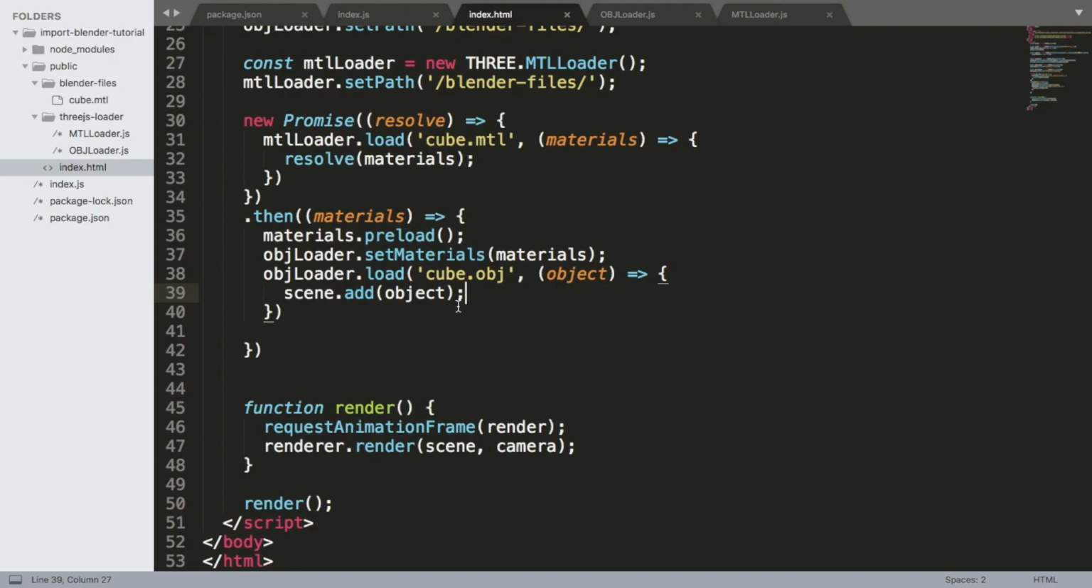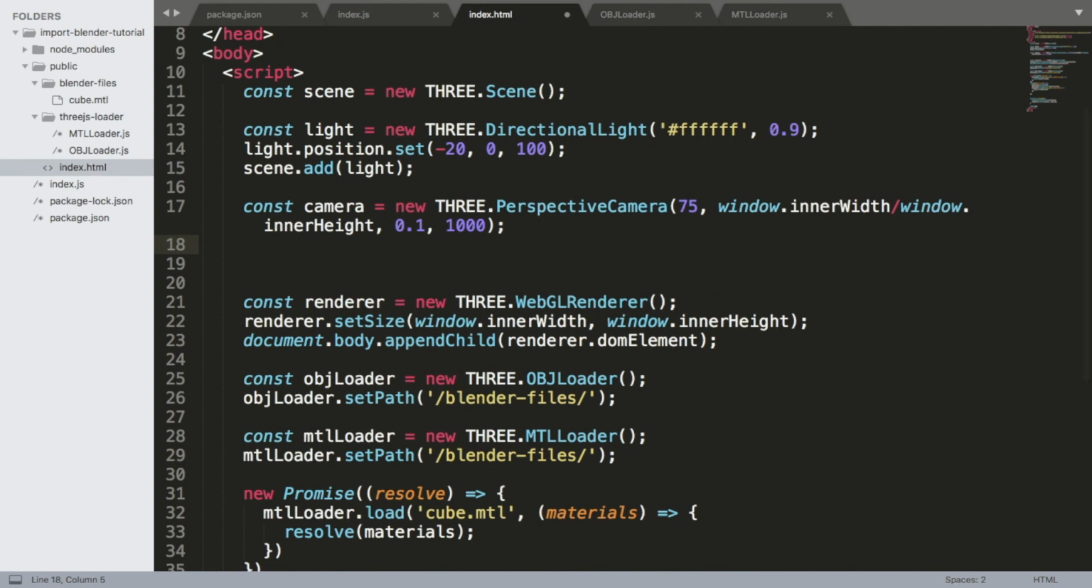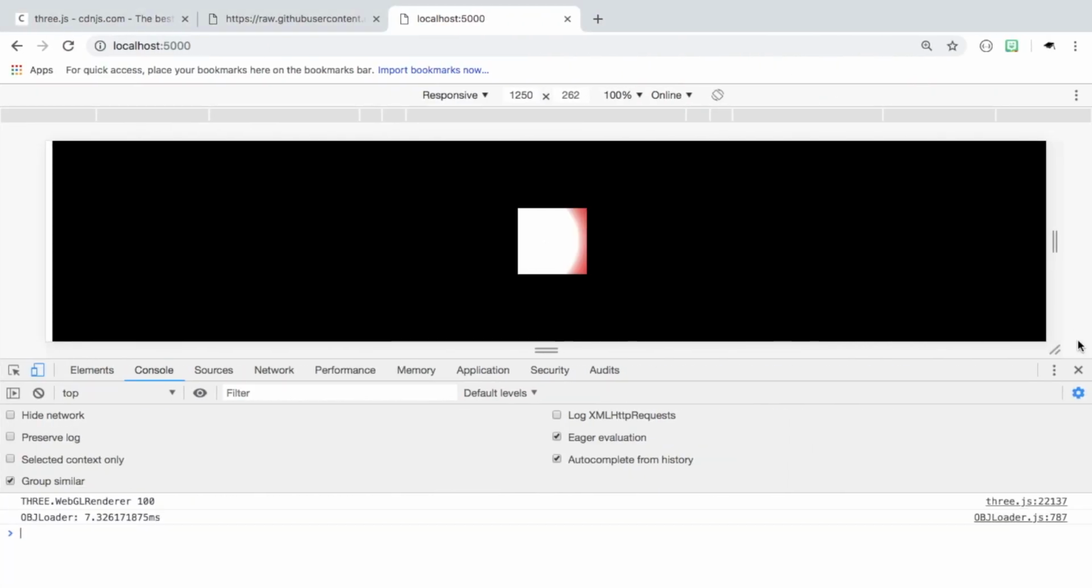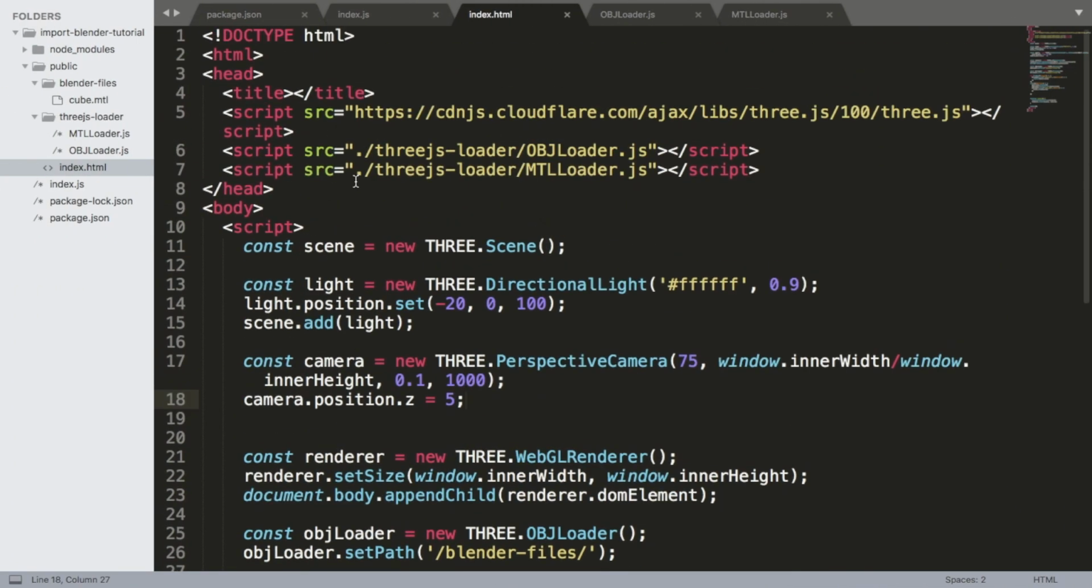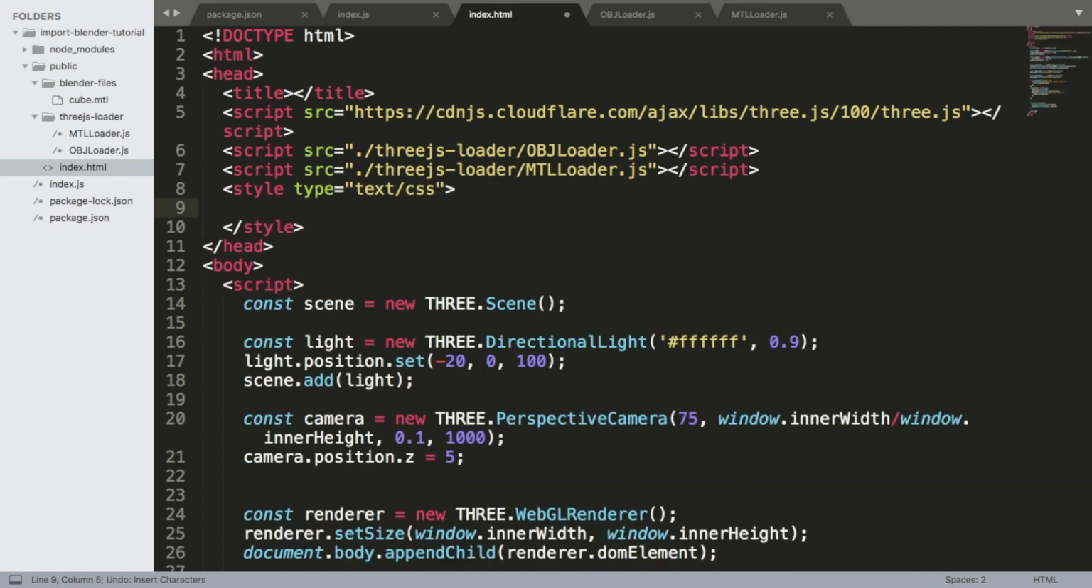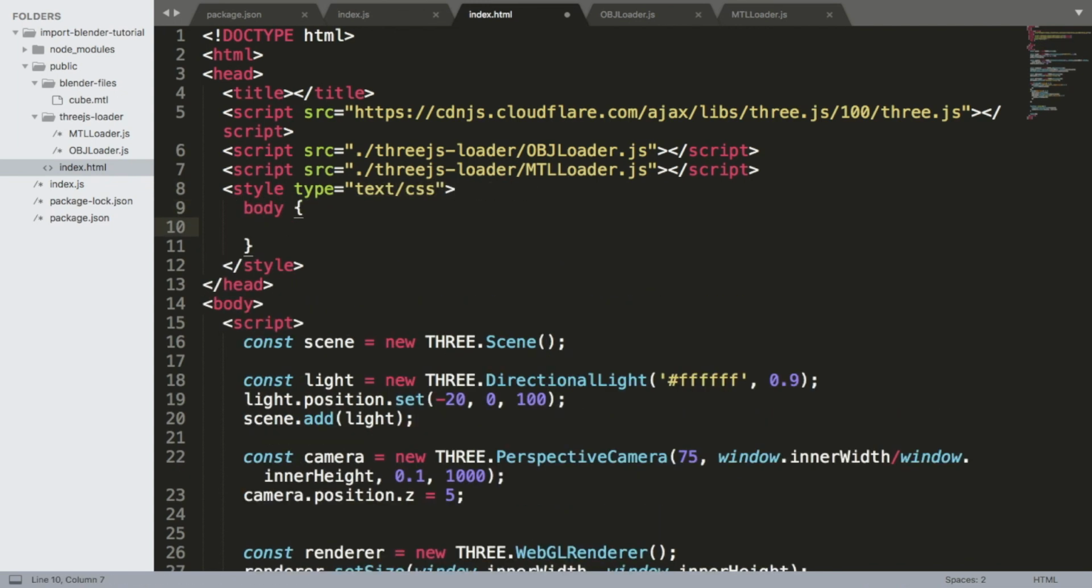If we go back to the browser and refresh, we're missing something. So the thing we forgot to do was move our camera back. So we need to say camera.position.z equals 5. If we save that and refresh, then we can see the cube now, which is really nice. I just want to get rid of this margin. So to do that, inside our head tag, we're going to say style, and we're going to use body, and inside body we're going to give margin of 0px. If we refresh the browser now, we can see that we've removed that margin and we have the cube with